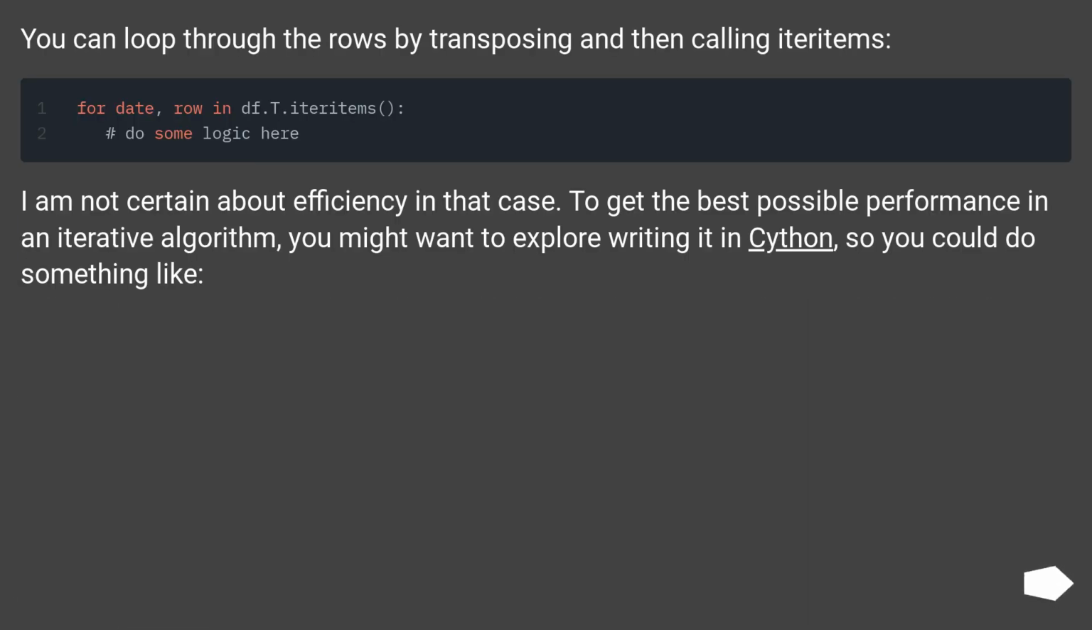You can loop through the rows by transposing and then calling iteritems. I am not certain about efficiency in that case. To get the best possible performance in an iterative algorithm, you might want to explore writing it in Cython, so you could do something like